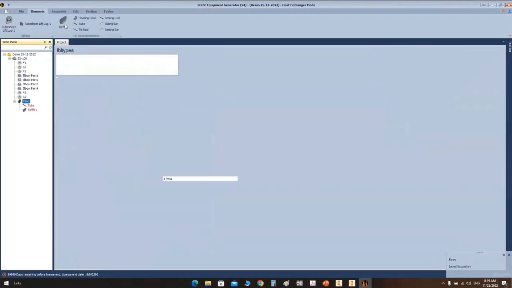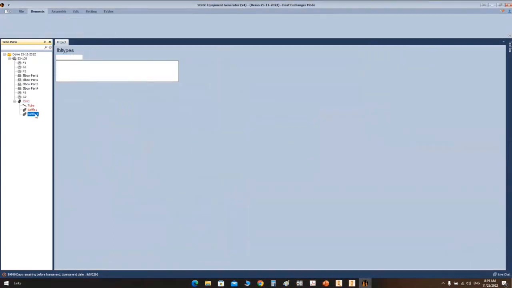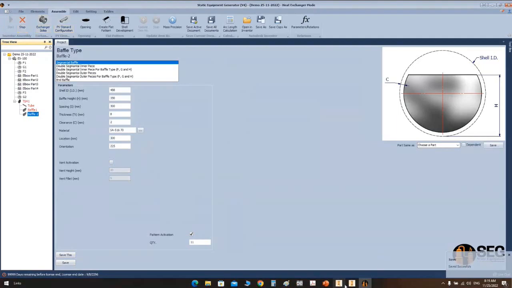Let's add another baffle. It looks like baffle 1, but with a different orientation. So let's select the same as. Okay, and from here you can figure that the same options, but from here we will change the orientation of this one. Okay, and they are 11 baffles only, and let's click on save. Now let's start the